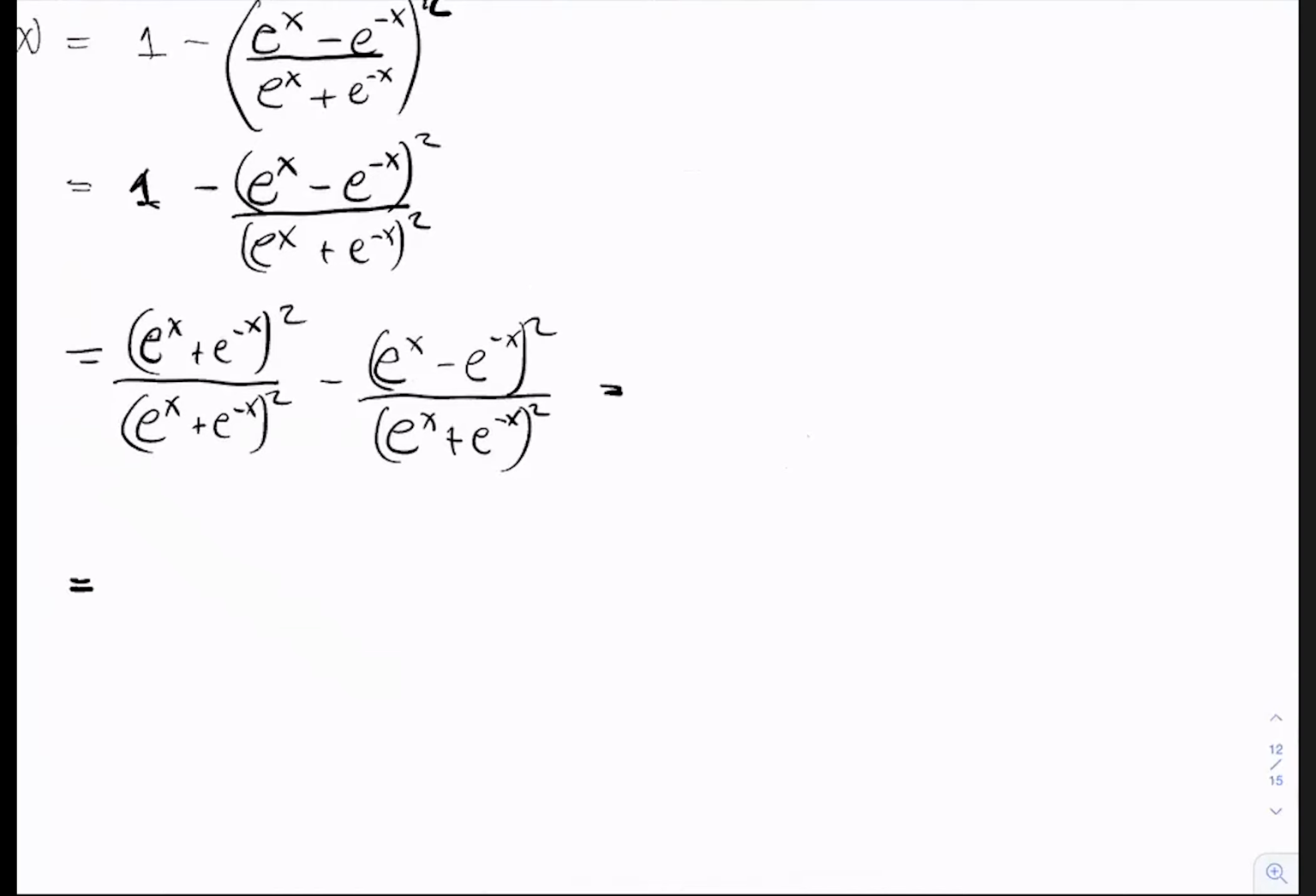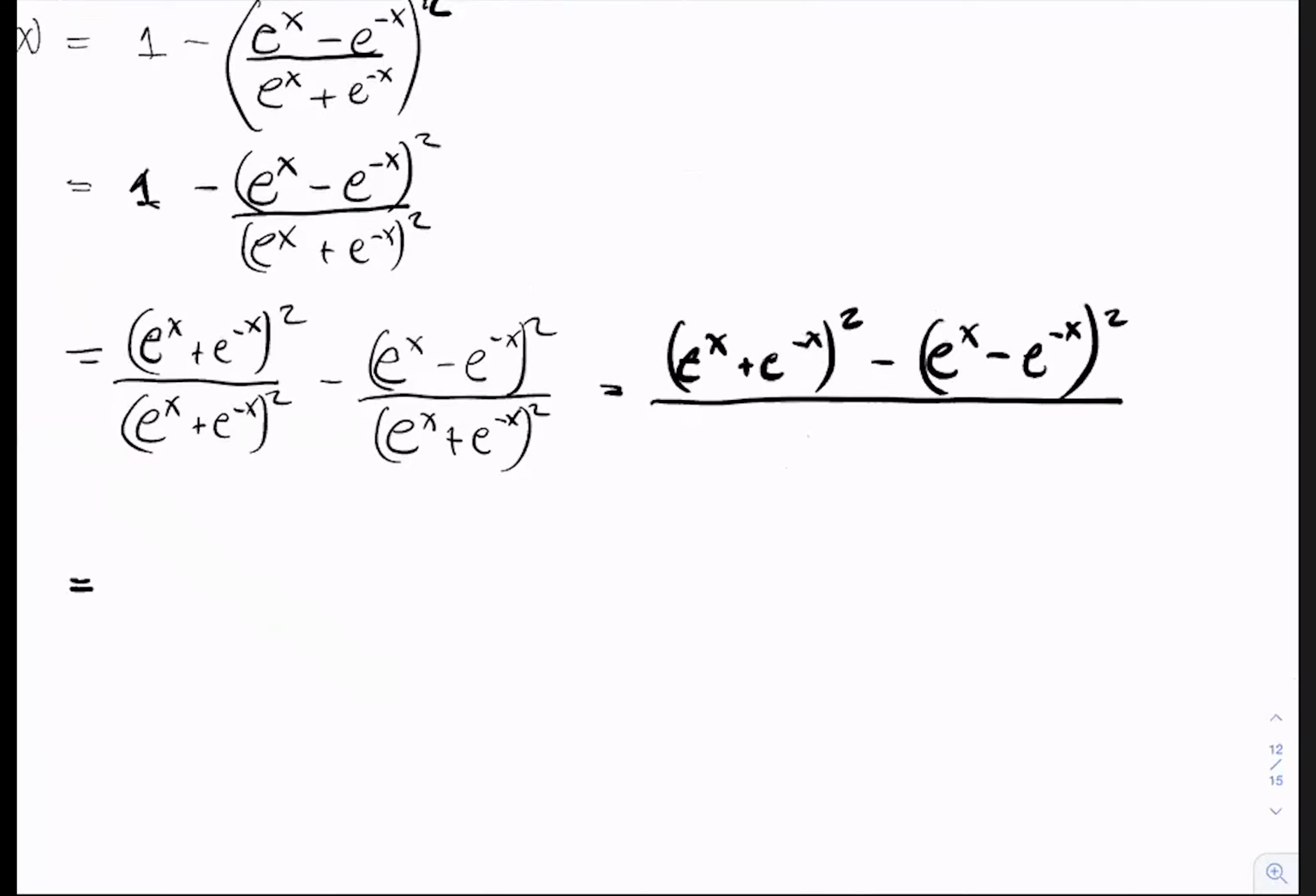We want to write the numerator as (e^x + e^-x)^2 minus (e^x - e^-x)^2, all divided by (e^x + e^-x)^2. And if you look at your numerator, what you'll realize is that we have the difference of two squares. And that's the reason why I didn't want to perform the expansion, because I realized that here I could do the difference of two squares. So this then gives us as our numerator